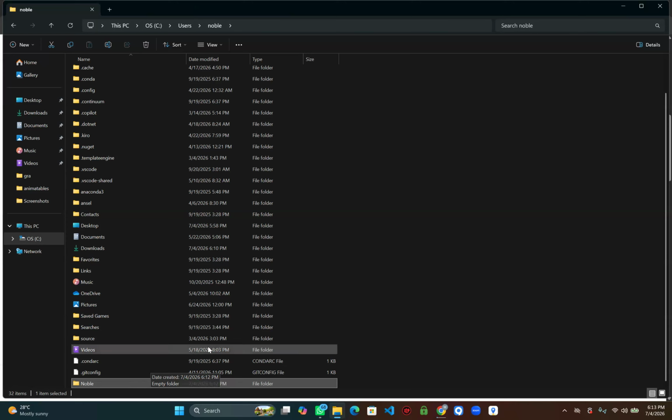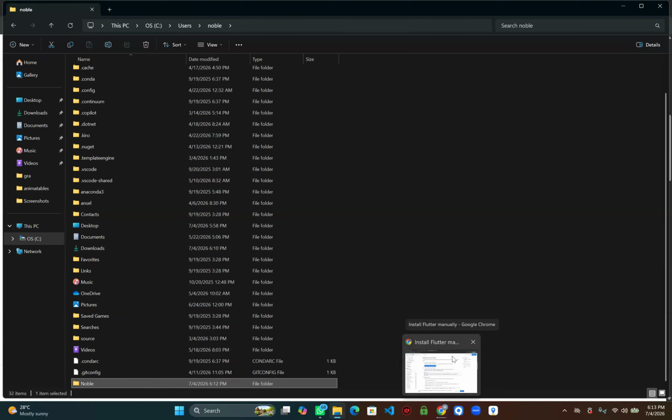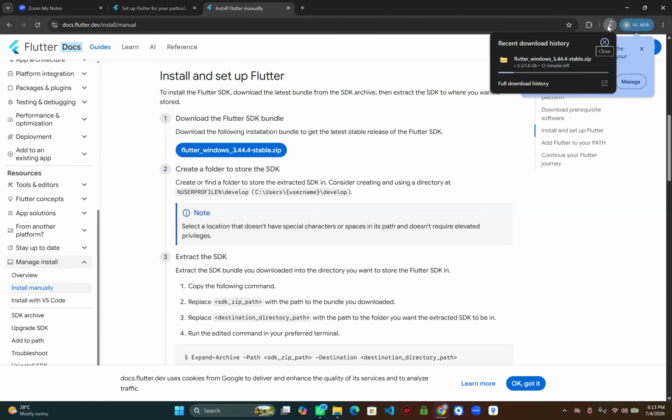Yes. So go to the download, unzip it, copy it and put it in this new folder you have created. It's still downloading, so let it finish downloading and let's see.